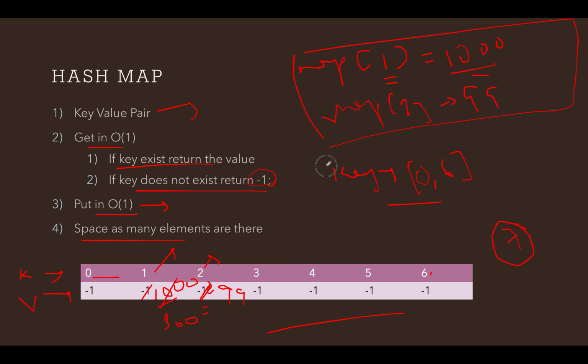All you need to do is to create an array of size equal to the range of keys that are given to us, and initialize that array to -1 so as to take care of the default cases. It will signify whether the value exists in your hash map or not, and then you can do the put operation. Put operation will be pretty simple. You update the map at that particular key to the expected value, and for the delete operation you reset the map of that particular key to -1. Don't forget the delete operation. So let's code this up.